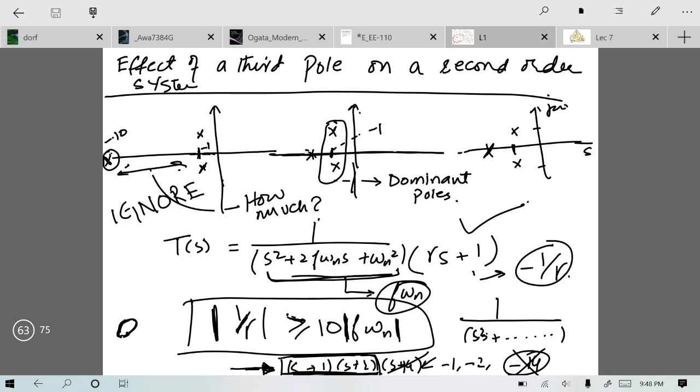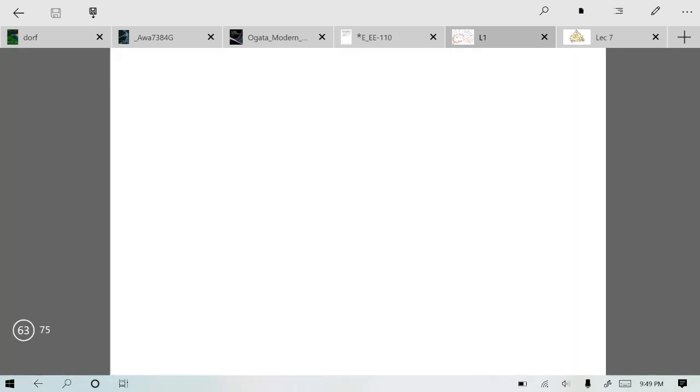So in conclusion, if you have a pair of poles at minus 1 plus j omega, minus 1 minus j omega, whose real part is minus 1, and you have another pole which is at minus 10, then forget about this minus 10, ignore it, make an equation with these two poles only, find zeta and omega n with that equation, and put those zeta and omega n into the formulas that we have written to find the performance of that system.